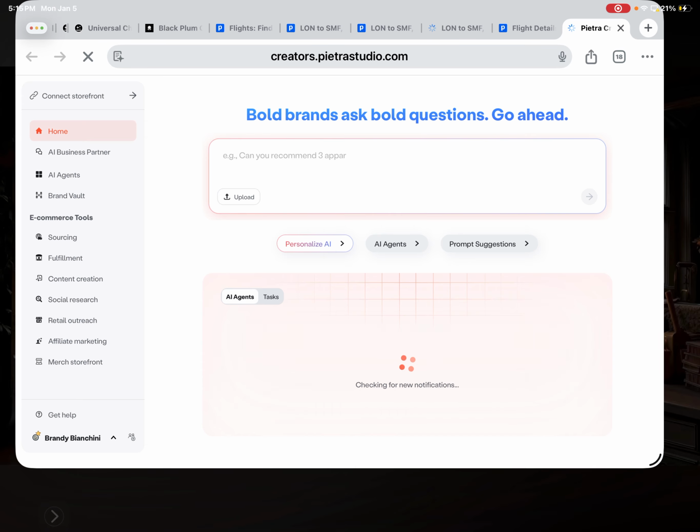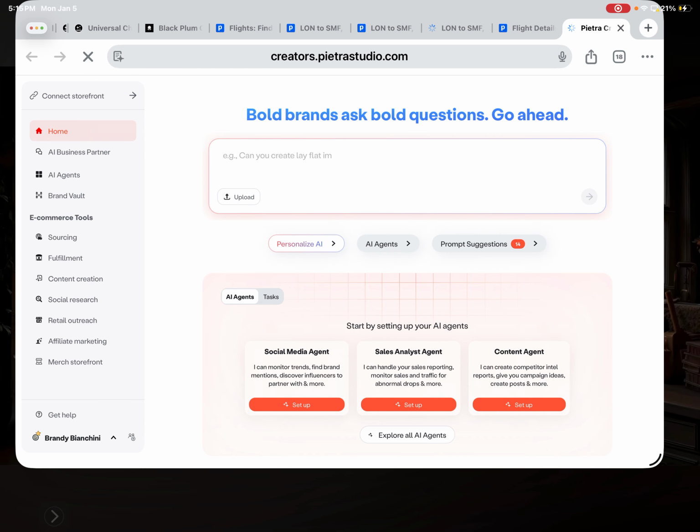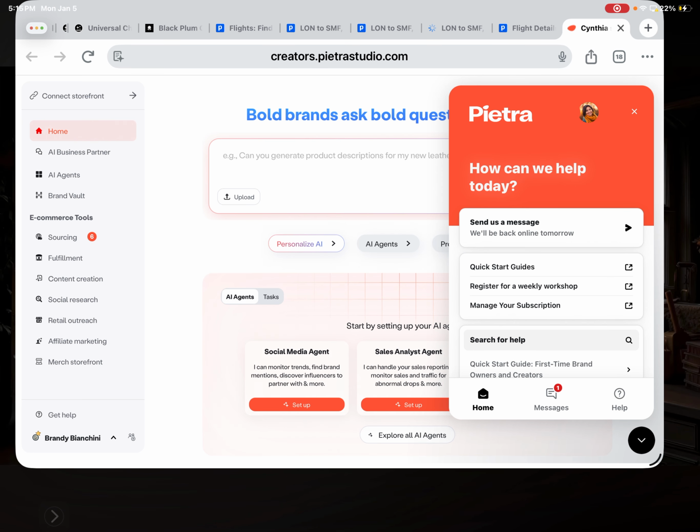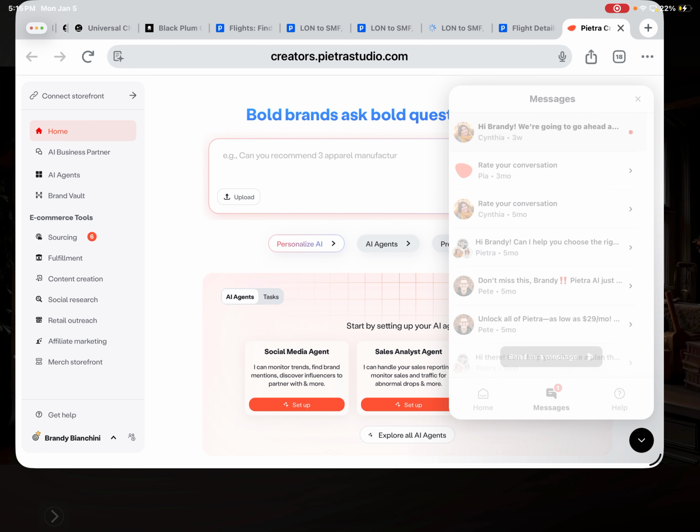And since each brand will have its own content and materials and products and things that we do with it, the best way I would say is get onto the Pietra Studio Learning Suite and be able to go ahead and manage that. I need to look at this really quick.